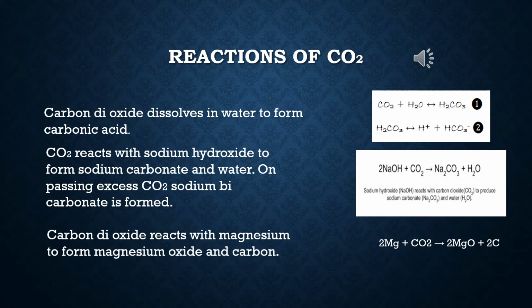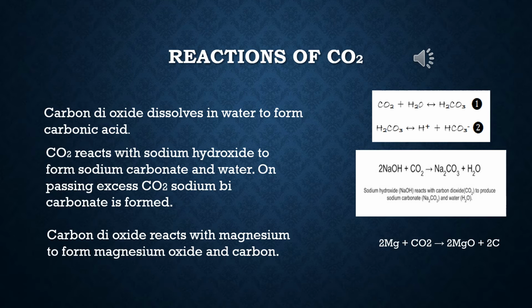Now the reactions of carbon dioxide. Carbon dioxide dissolves in water to form carbonic acid. That means, please see the first diagram. CO2 plus H2O forming H2CO3. You will give the equal to sign over here. You will give a balanced reaction from your book. I am just showing you the reaction. So H2CO3 is the formula of carbonic acid. H2CO3 dissolves in water to form H+ ion and HCO3- ion. That means hydrogen ion as cation and bicarbonate ion as anion.